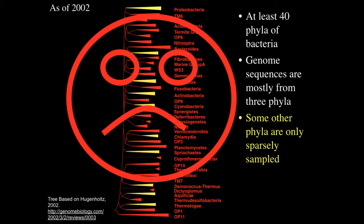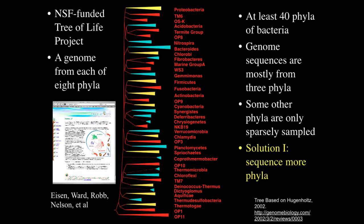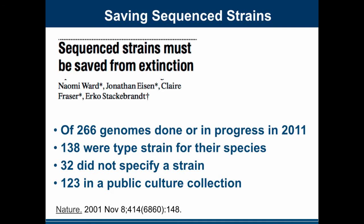And so we applied for and got a grant from the NSF from their Tree of Life program to sequence the first genome of 8 phyla, the only 8 phyla that did not have genomes available but included a cultured representative at the time. And so we started on that project, but I just thought I would point out